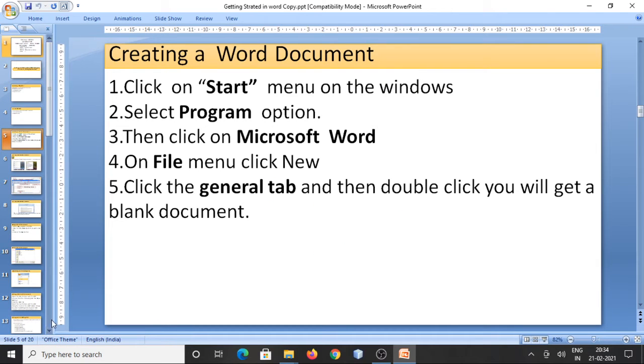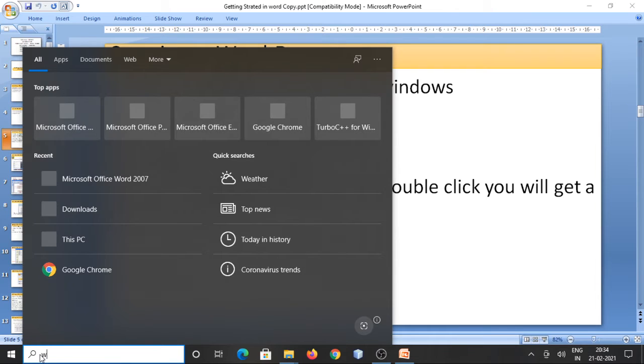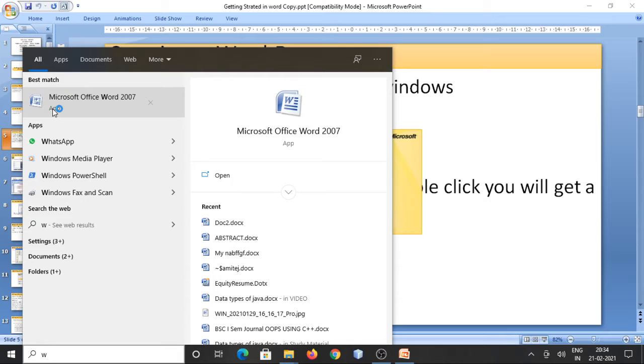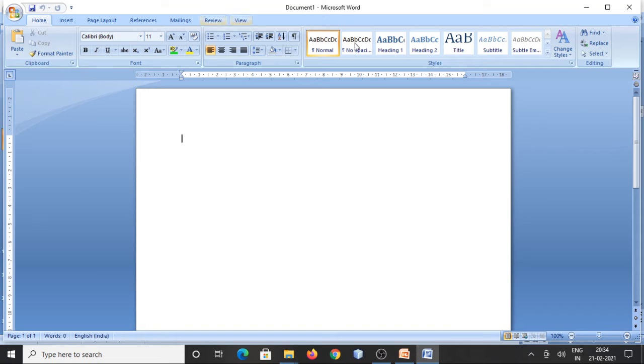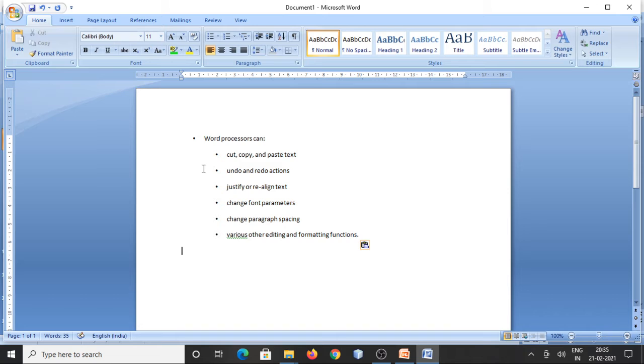So first we will go to the Start button, and right here is a W, that is Microsoft Word, and the window will open. See, this is the Microsoft Word window and here Document 1 is there. This is the name of this file. If you want to write anything here, see, this is something I have written here.